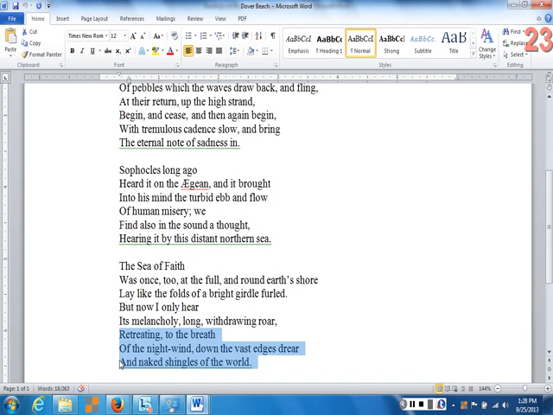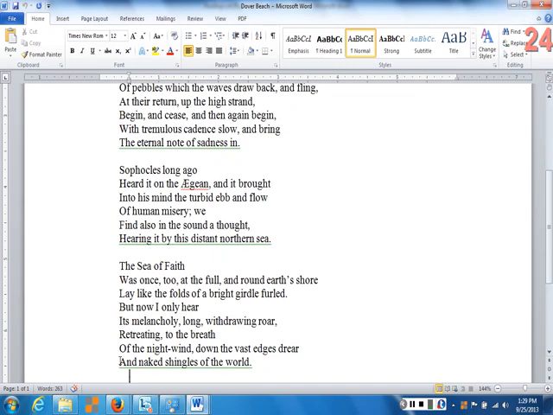So we've got the metaphor of the ocean throughout this particular stanza. Follow me? The metaphor of the ocean, but the ocean metaphor then is being used to describe the retreating of faith, meaning faith is retreating, it's leaving. Faith is leaving the way the tide, when it goes out, leaves the beach high and dry.